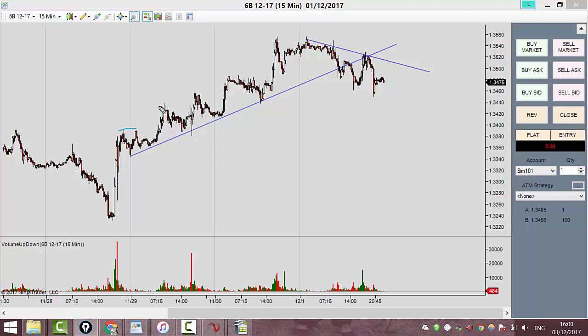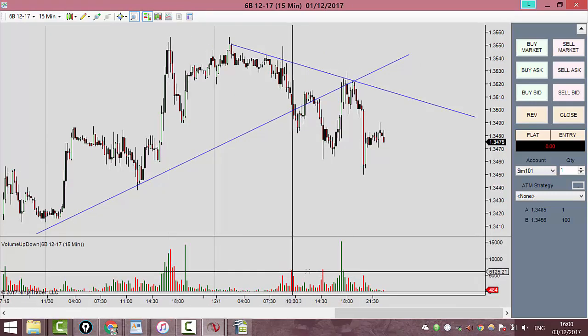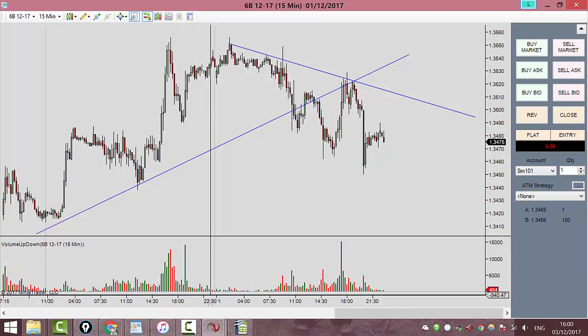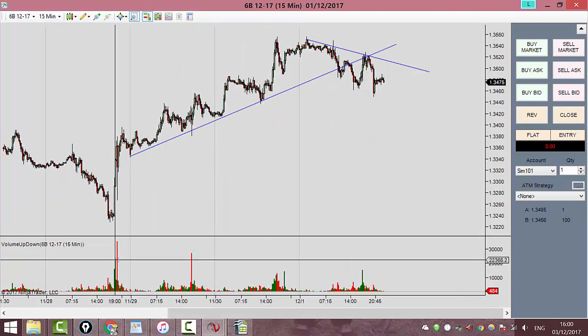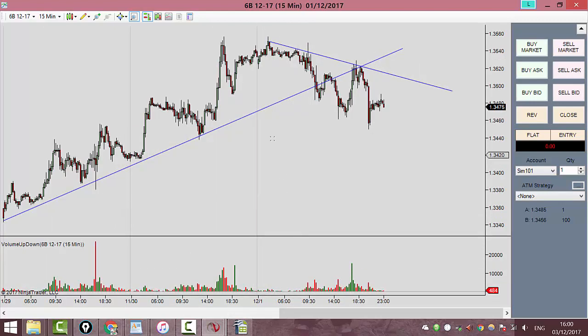This 1, 2, 3 broke up, held as resistance come support, still holding here. Sellers are in control because you got lower highs and lower lows, but if we get closer, you'll see that there's exhaustion volume here. So red, red, red. This green volume is higher than this, suggests upside, because we had exhaustive volume here and here, and then this supersedes this. And so what I would do here is I would buy